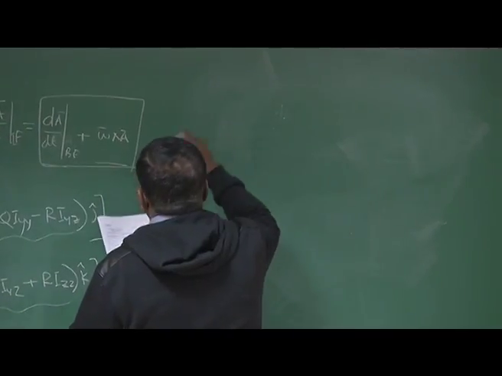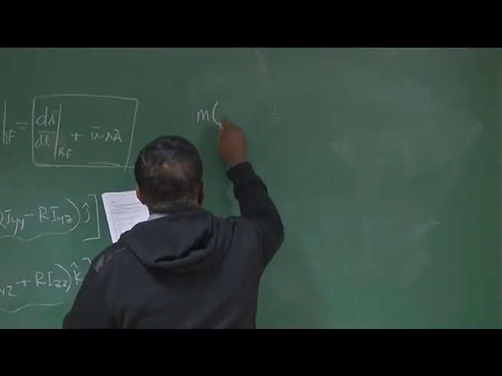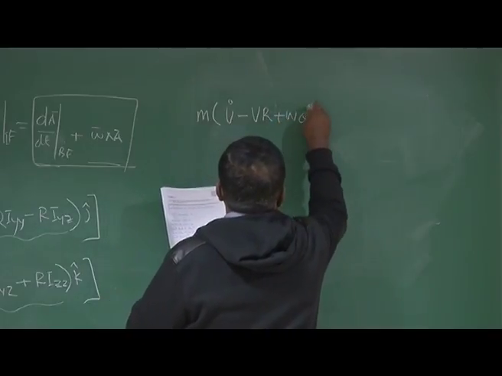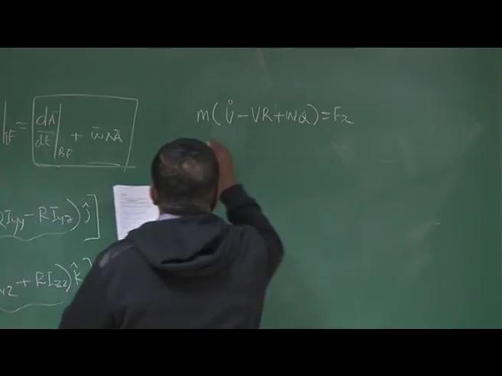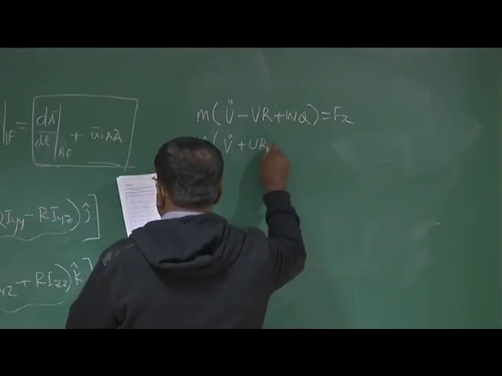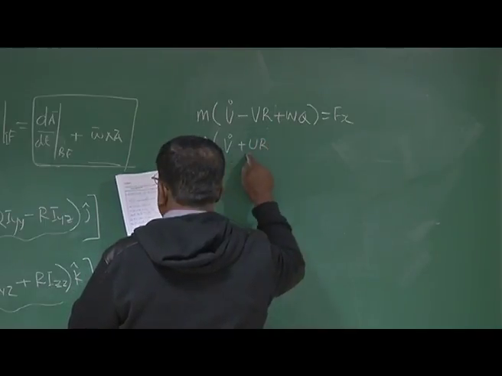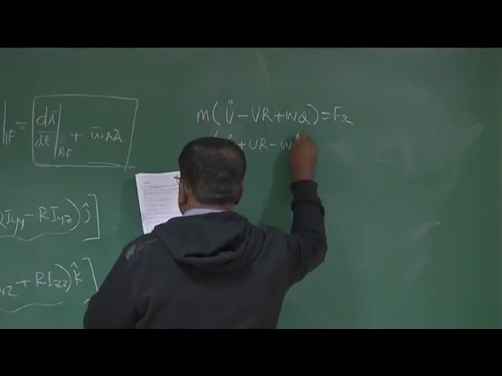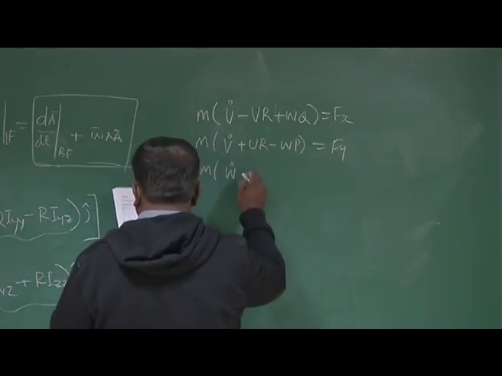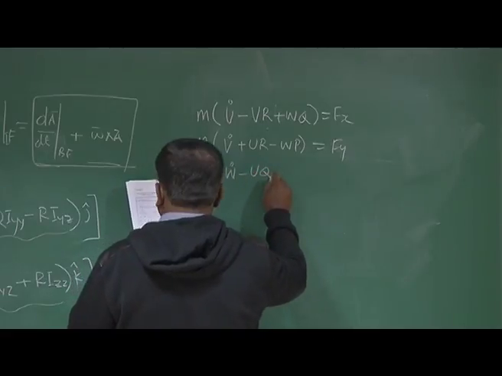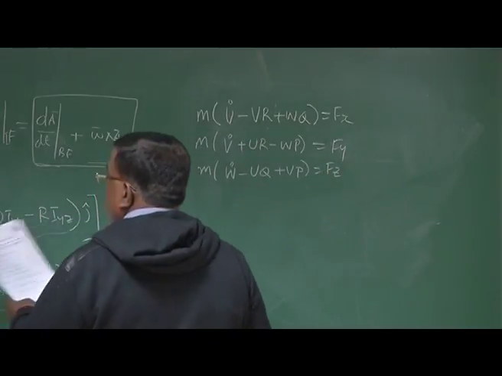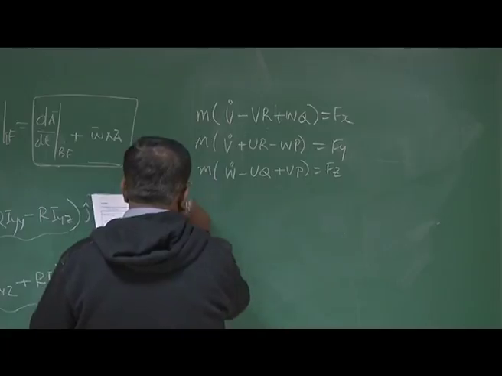Once you do this part, already you have seen m u dot minus vr plus wq is equal to fx, and you know m v dot plus ur minus wp will be equal to fy, then m w dot minus uq plus vp is equal to fz, and if you do this operation, you will get equation like this: